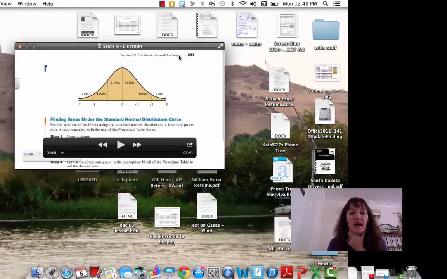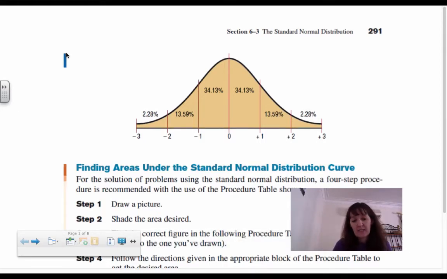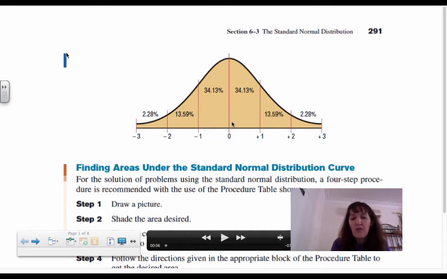All right, so normal distribution. We talked a little bit about that with the groups last week, or I guess before Christmas, and now we're going to talk about it more in depth. So here's how this is going to work. When we talk about normal distribution, you know that